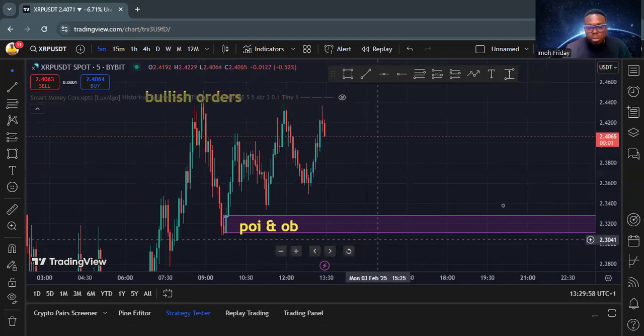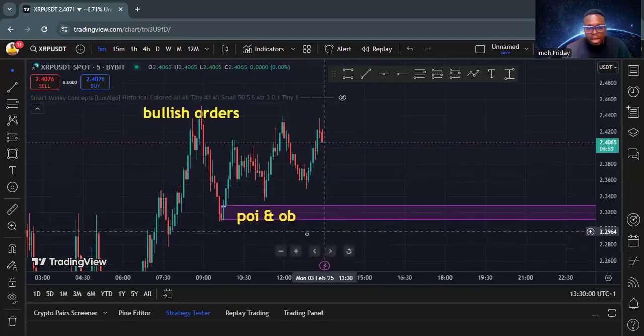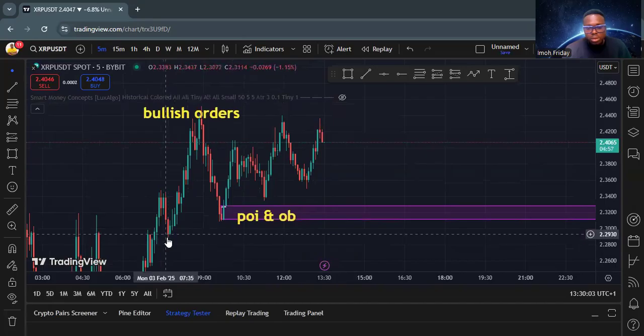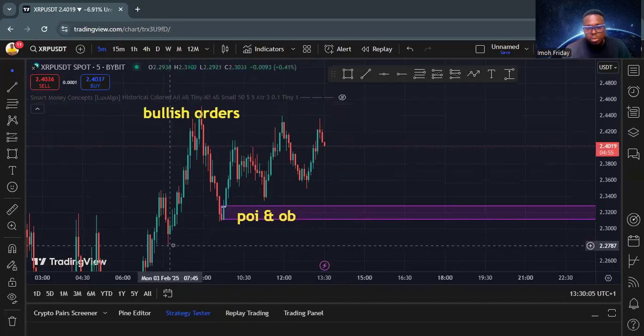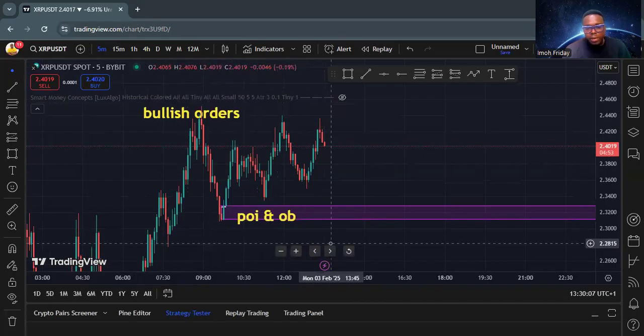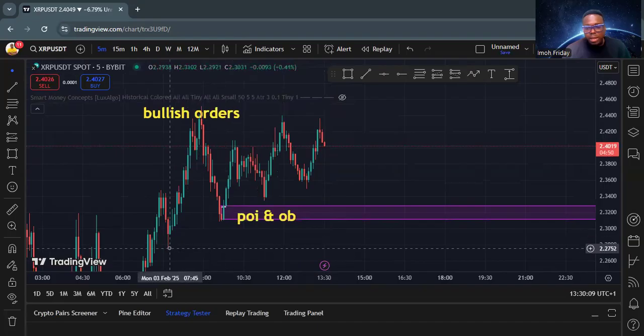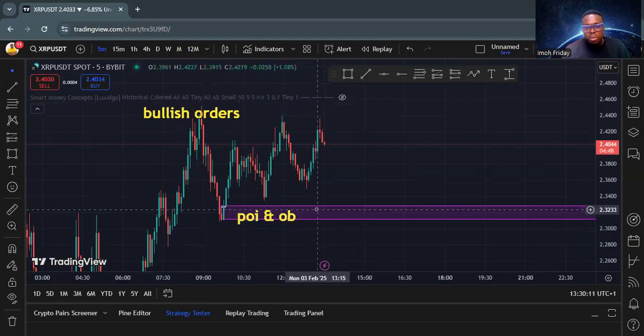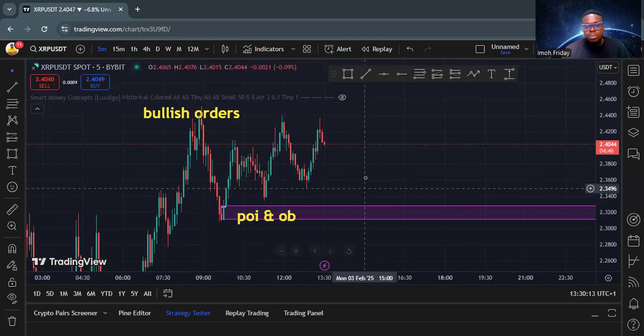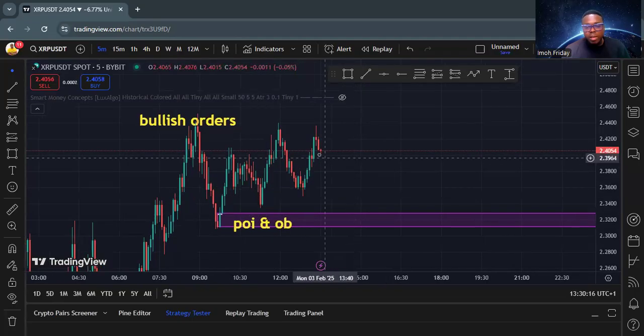If you want to set your stop loss, you can set your stop loss at this point here. This is where you can set your stop loss. Put all your entry here, and put your take profit also at